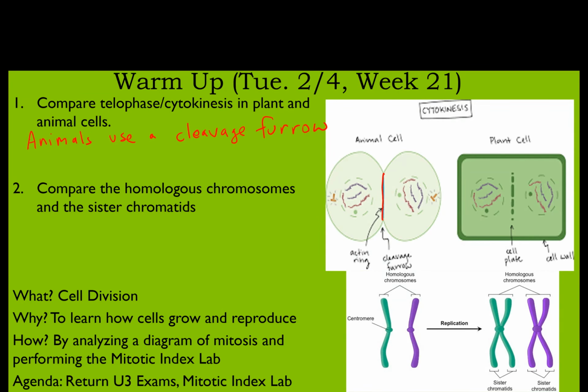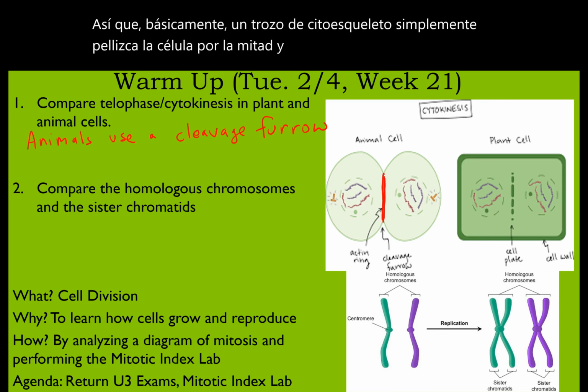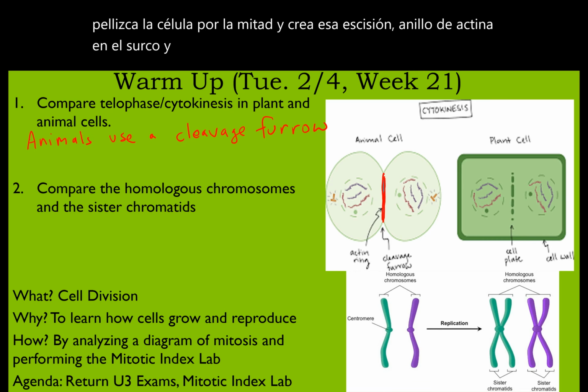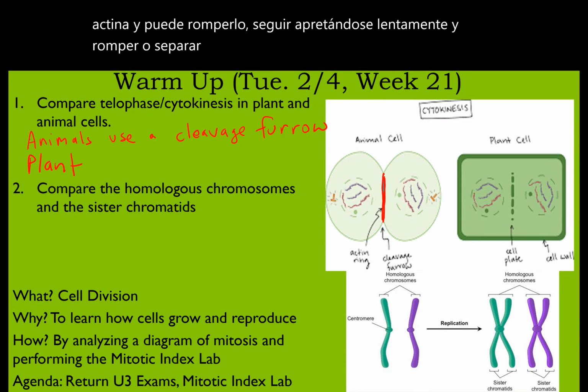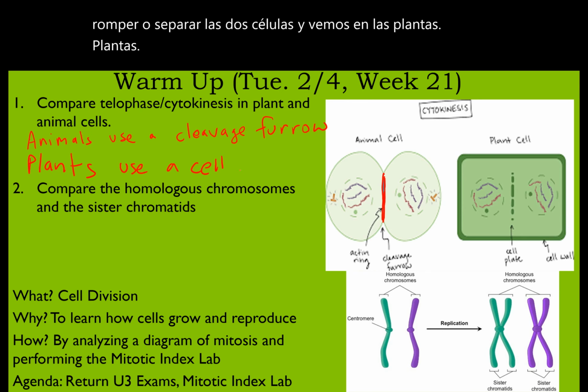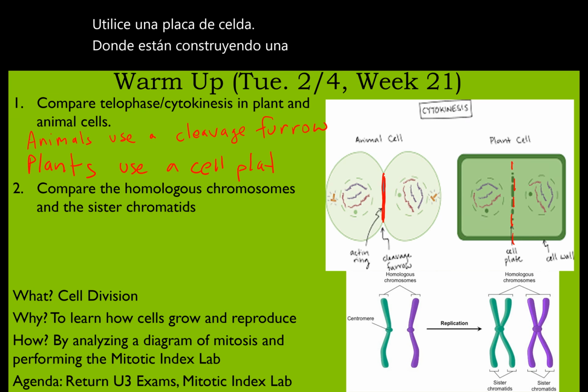Basically, a piece of cytoskeleton just pinches the cell in half and creates that cleavage furrow, an actin ring, and it can just slowly keep tightening and breaks or separates the two cells. And we see in plants they use a cell plate, where they're just building a brand new cell wall in the middle. And the reason,